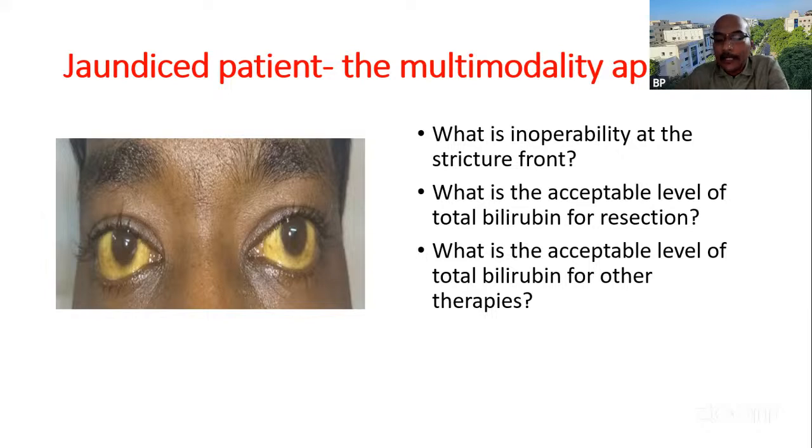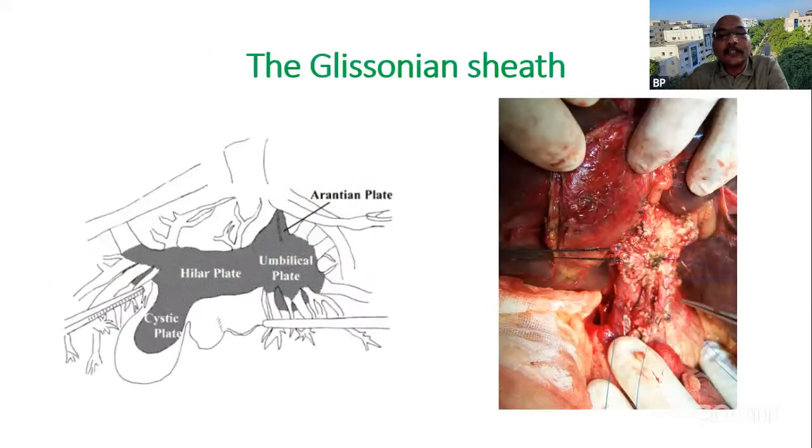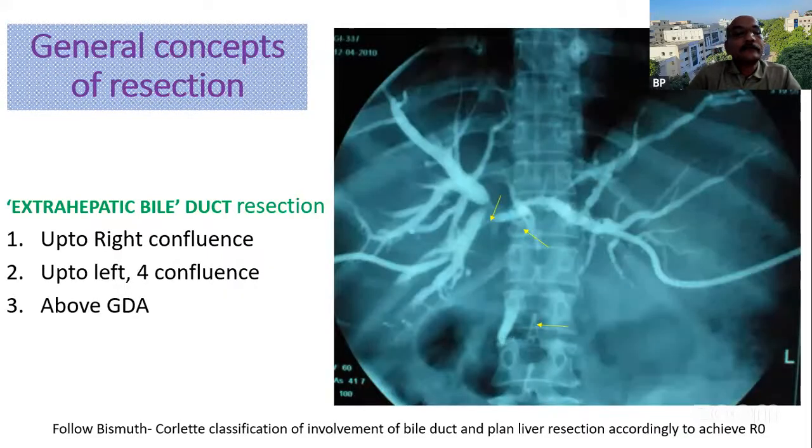Okay, so acceptable level of bilirubin also we have to see, and you know that when the bile duct is involved at the hilum by the carcinoma gallbladder along with lymph nodes, sometimes it creates very difficult planes. Planes may be very fibrotic. That's why some of the Japanese publications explicitly say that if there is a left side involvement, there is no chance of R0 resection or cure. So the hilar plane will be densely adherent.